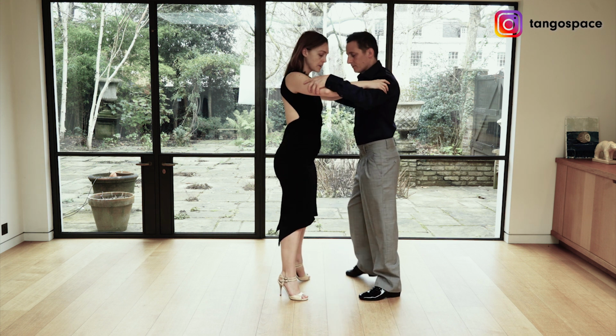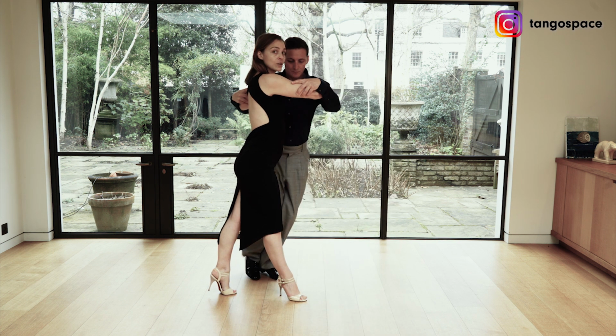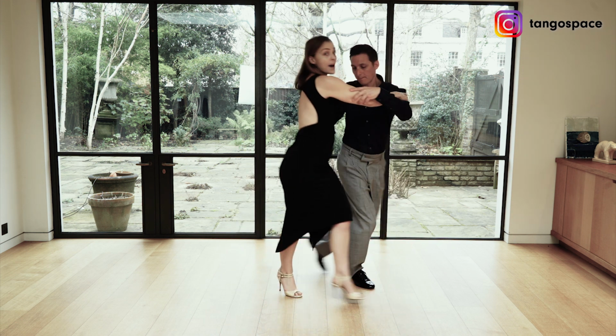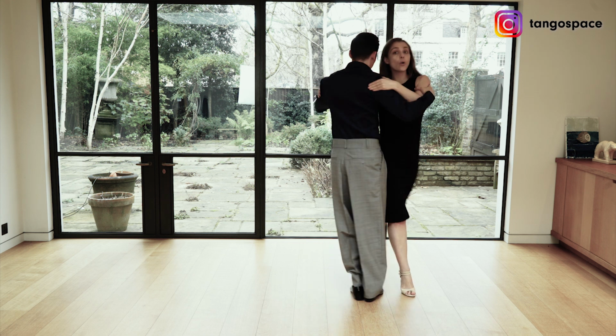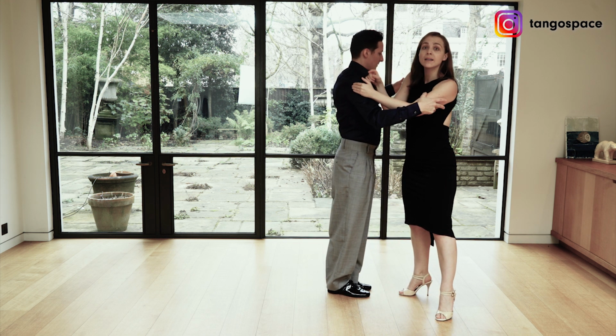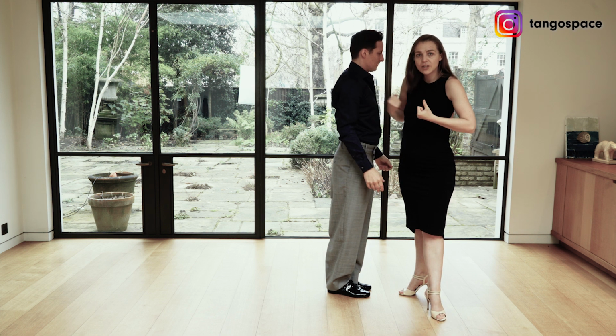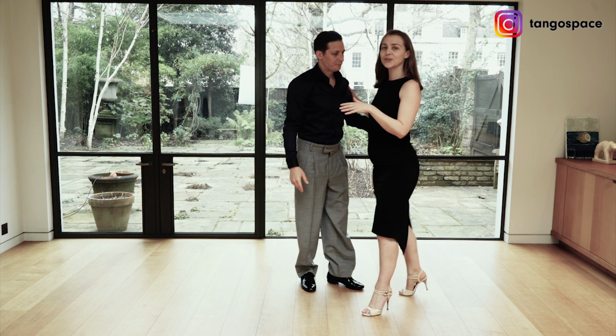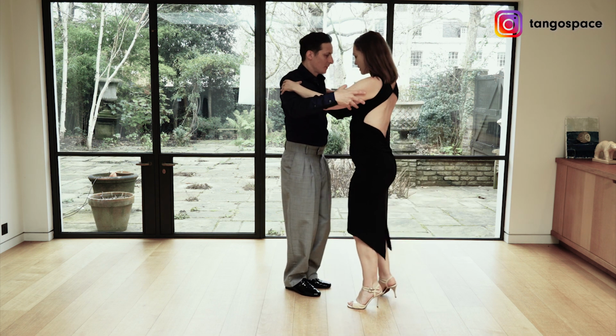So, side, back, we stay still, forward, a pivot, and back, side, forward. We really want to have a lot of power and really go around the man. So don't do small steps, really think about going around your partner at that moment. When you are doing the little pivot in the middle, here,